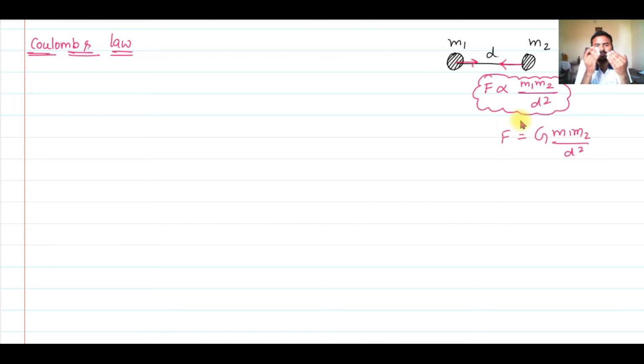Now we want to know how much the force is. Just like we have a formula to find the gravitational force of attraction between two masses, similarly we have a formula to find the force of attraction or repulsion between two charges. That's given by Coulomb and is known as Coulomb's law. And what is the statement of this Coulomb's law? This statement is also very important. It states that